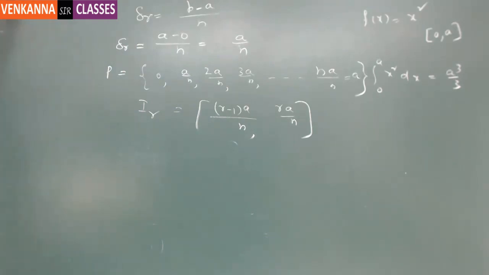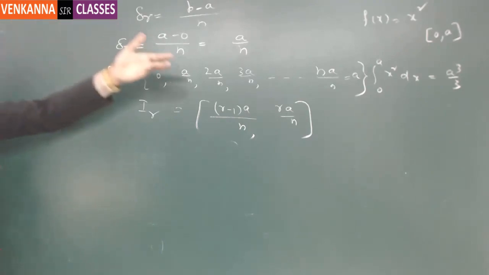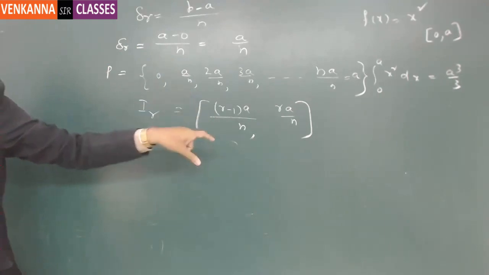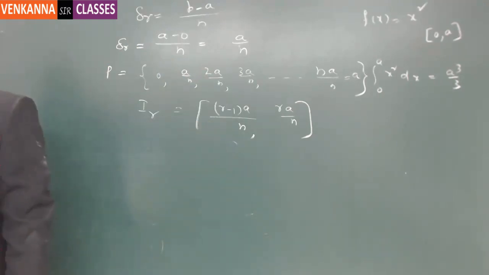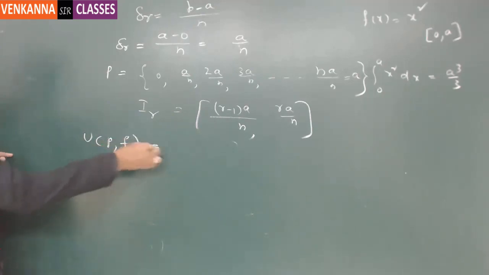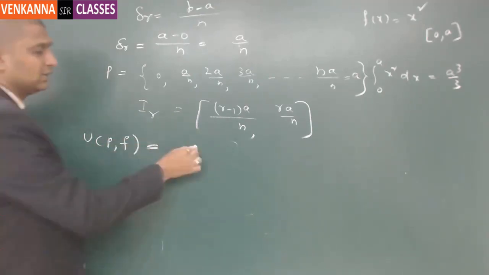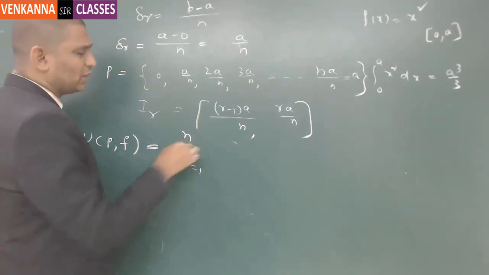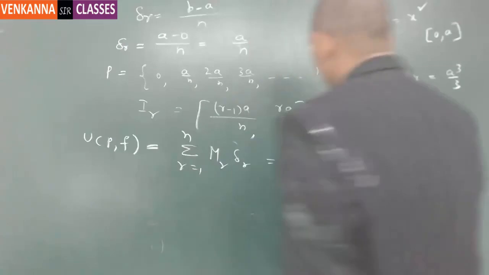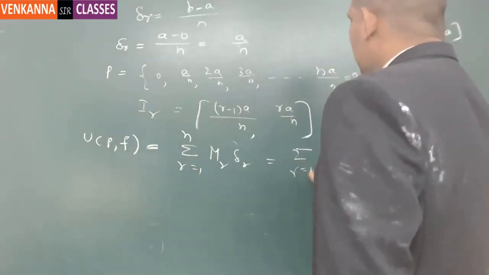Since the function x square is an increasing function, whatever interval you consider, the first number gives the infimum and the next number gives the supremum. So if you consider, let me say, the upper sum U(P, f), it will be summation r is equal to 1 to n M_r delta_r. This equals summation r is equal to 1 to n,